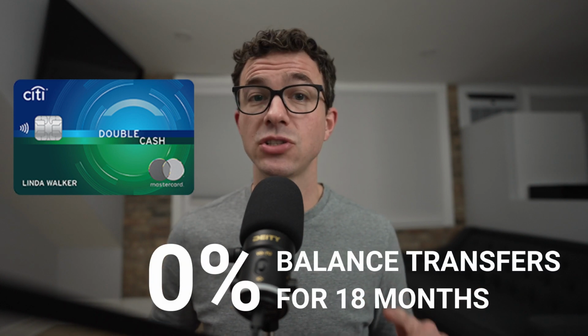Card 11, we have a direct competitor to the Wells Fargo Active Cash, the Citi Double Cash. Also earn 2% cash back on all of your spending. With this card, you get 18 months of 0% just on balance transfers, not on purchases. The thing to keep in mind with this card is Google